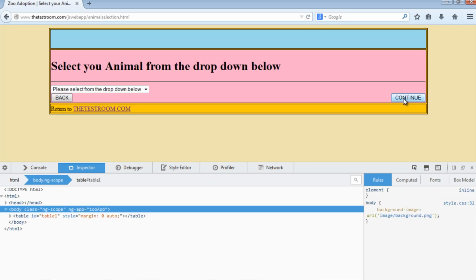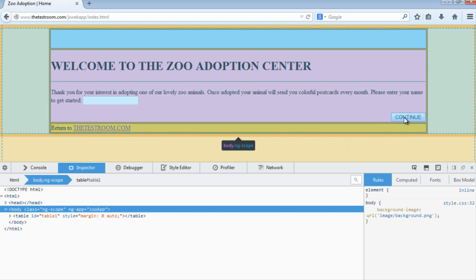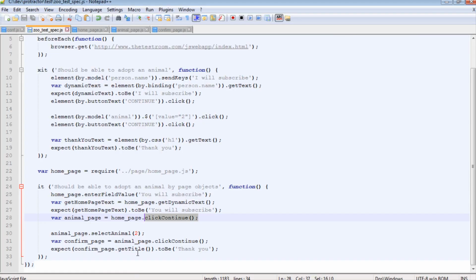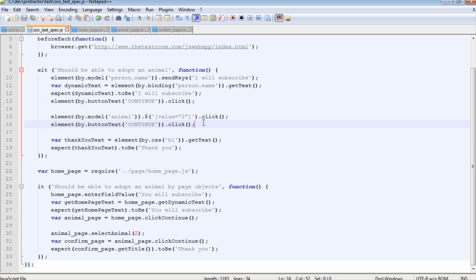This continue button here, the text for this continue button changes to something else. Let's just say it changes to something like, as opposed to saying continue, it says confirm. If you have 100 different tests like this, what you will need to do is, in those 100 texts, you'd need to go in and find every reference you make to that continue button, in this case is here, and change it to confirm. Now that's incredibly time consuming,